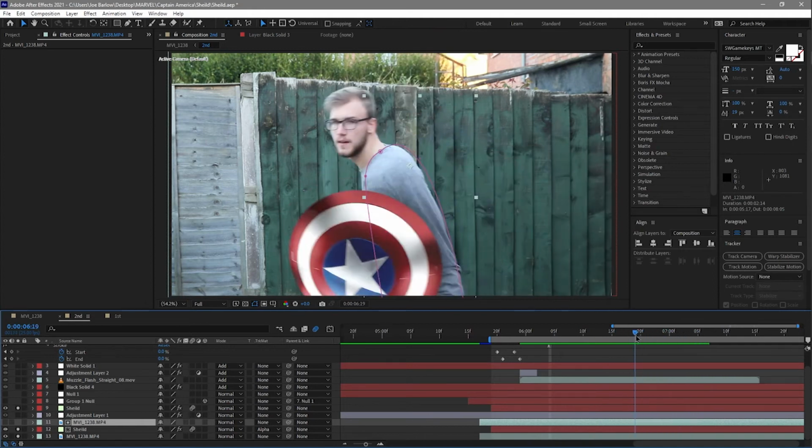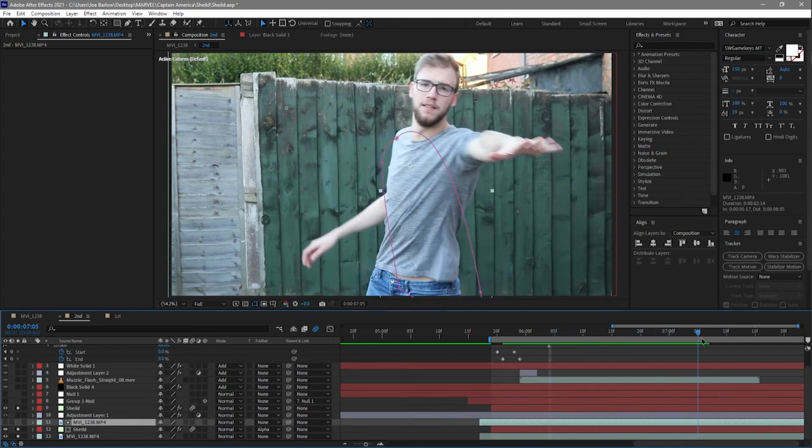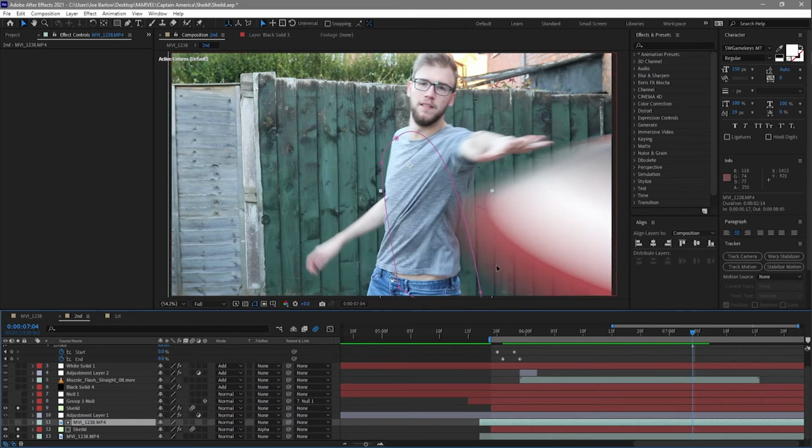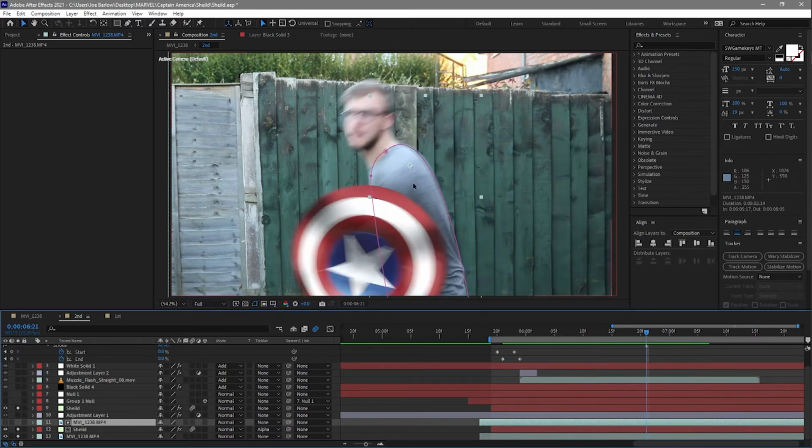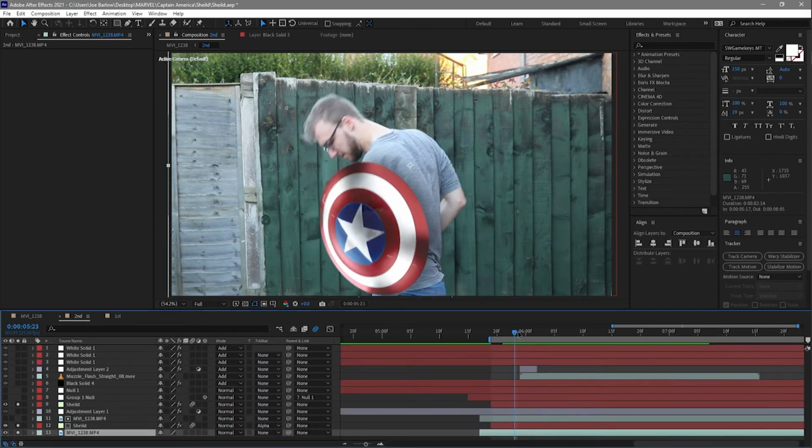especially when it's close, and then as it's thrown away, it's not over here, it's not over here, it's no longer here because the entire shield isn't on me anymore, but when it's here, it only covers my body. So that is pretty much everything of this shot, and because of that, I wanted to do something more, just so we have something more to discuss and talk about today, because the shield itself is just a 3D object tracked on there to look good.